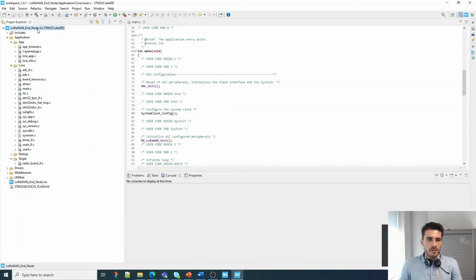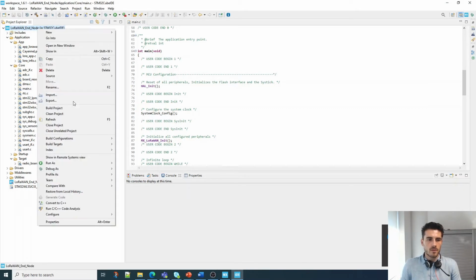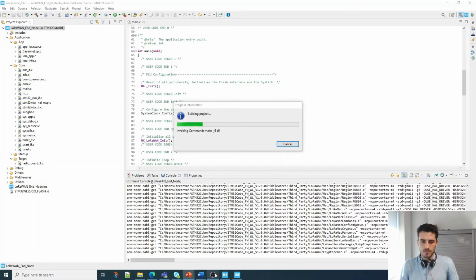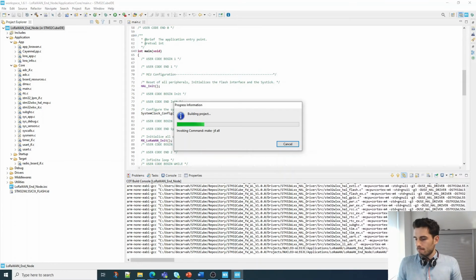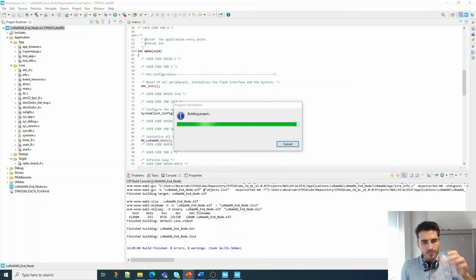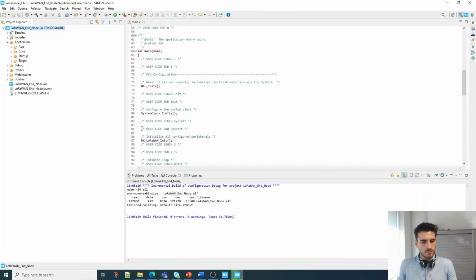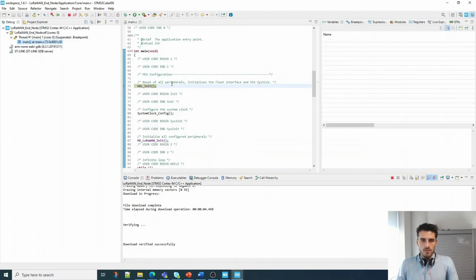Now I right click here, debug as, STM32 Cortex-M C/C++ application. Okay, so here you only have to click OK. Nice. So we're now in debug mode,